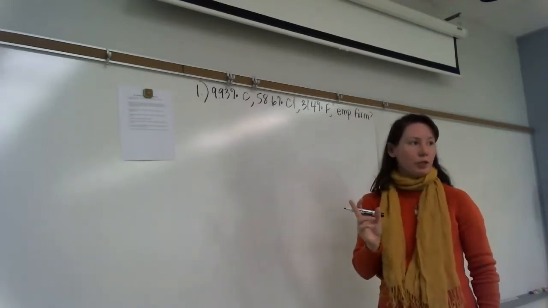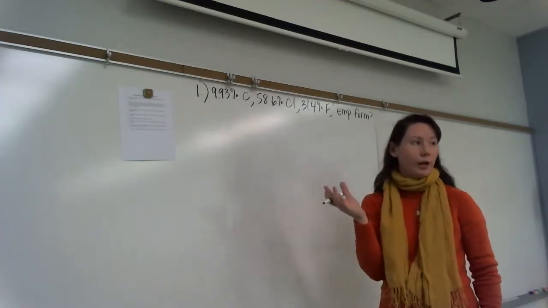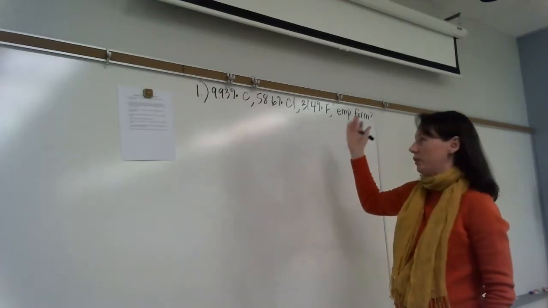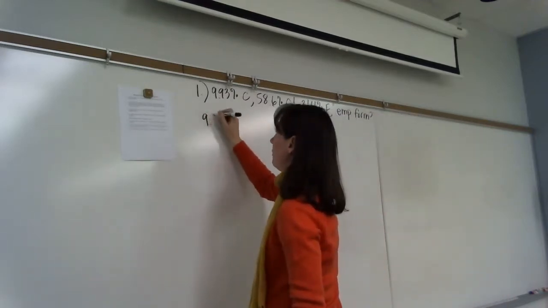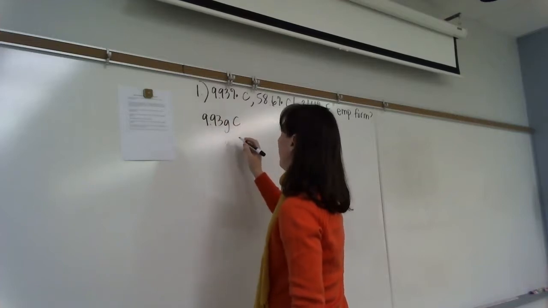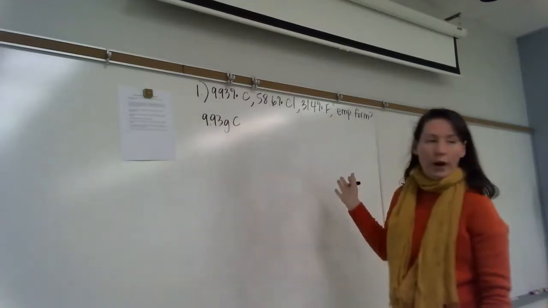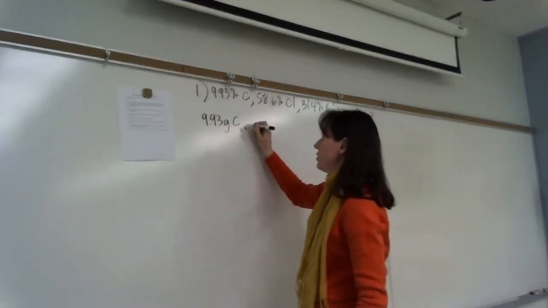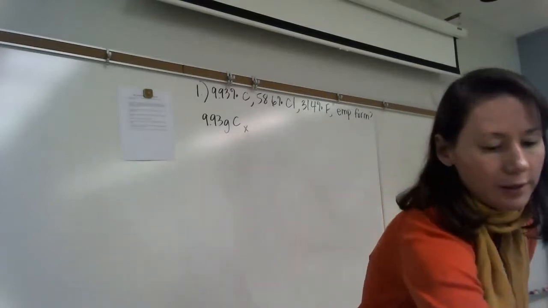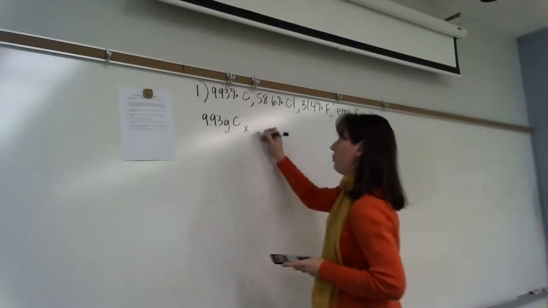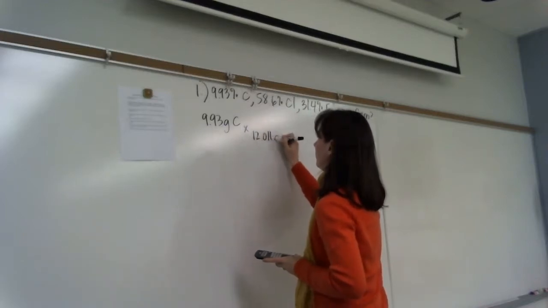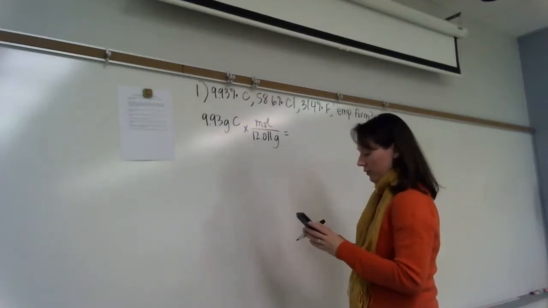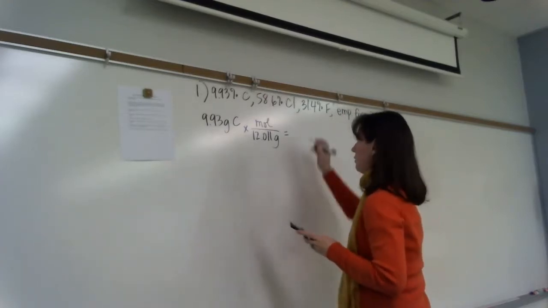Okay, so the first thing we have to do is pretend we've got a 100-gram sample, right? Because if we pretend we've got 100 grams, then that makes turning all these percents into grams really easy. So that's 9.93 grams carbon, and we're going to convert everybody to what? Moles, right. So we have to use the molar mass. The molar mass of carbon is 12.011. So 9.93 divided by 12.011 gives me